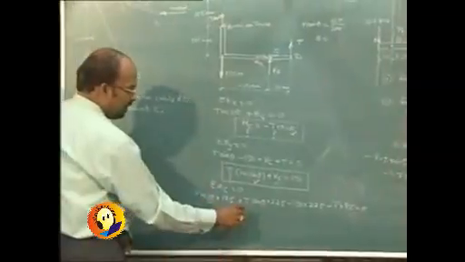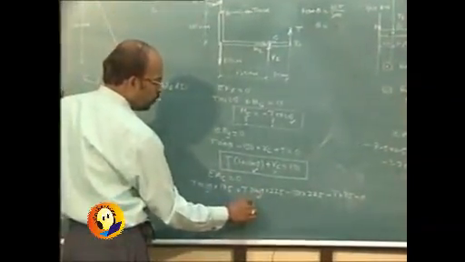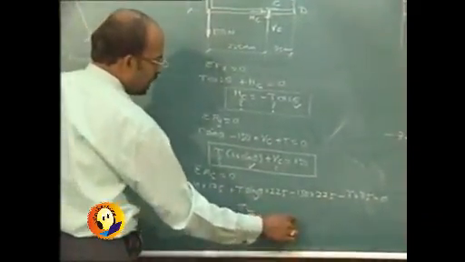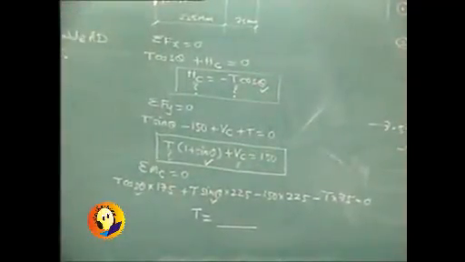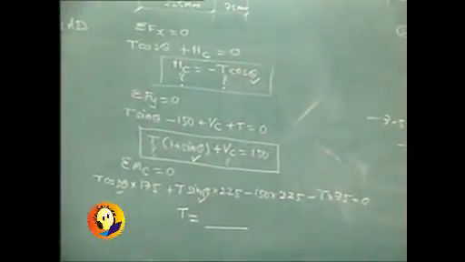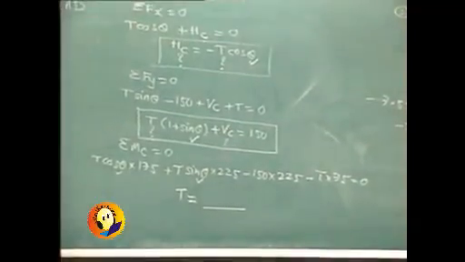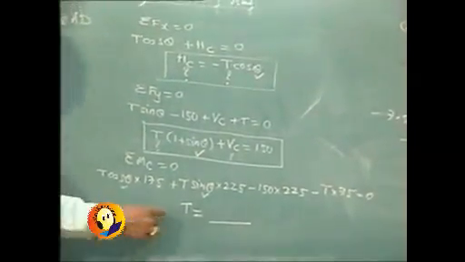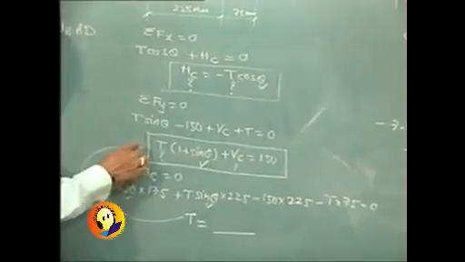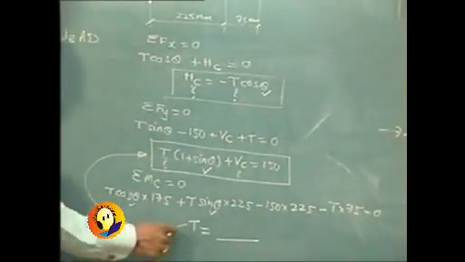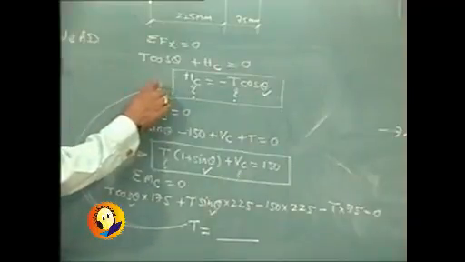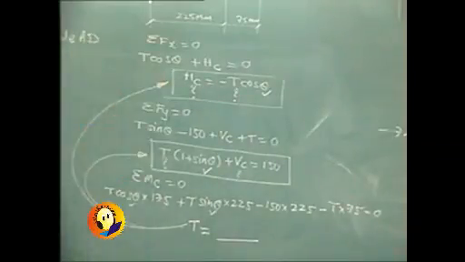and you will find that sin theta, cos theta values are known. The only unknown over here is T, which can be found out. We can easily find out the unknown T. That unknown T can be substituted in the previous equation, by which we can find out Vc, and same T can be substituted into the sigma Fx equation. We can find out Hc. So all the values can now be calculated.